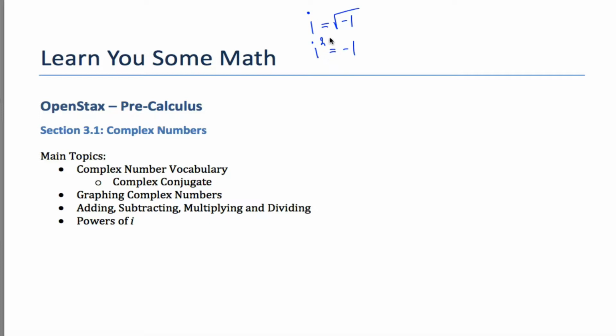I like to know both of these facts right here, because in some instances it'll help to think about i this way, and in some instances it'll help to think about i as the thing that when you square it gives you -1. So these will be the two things that will be key to this entire section. So first, complex number. What is a complex number? A complex number is a number written in the form